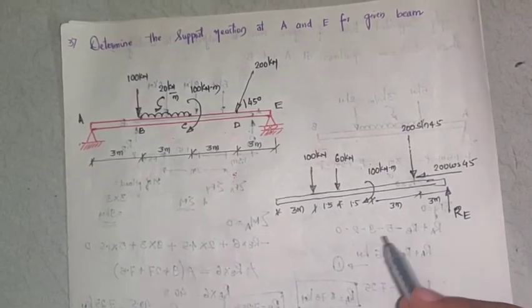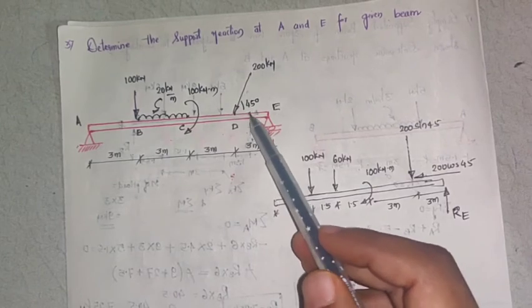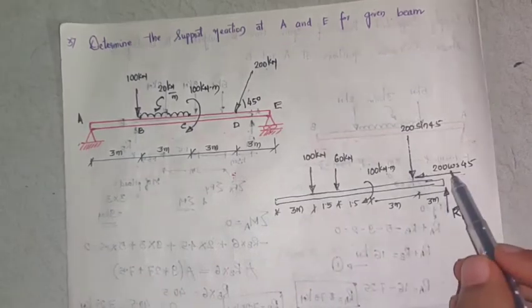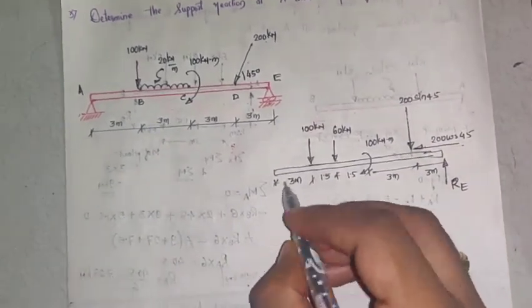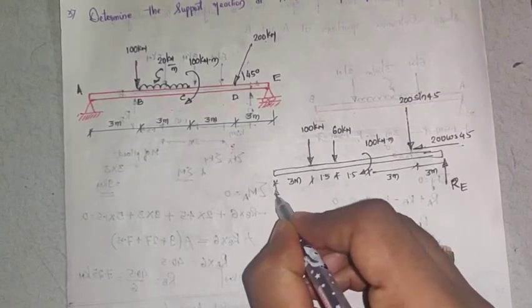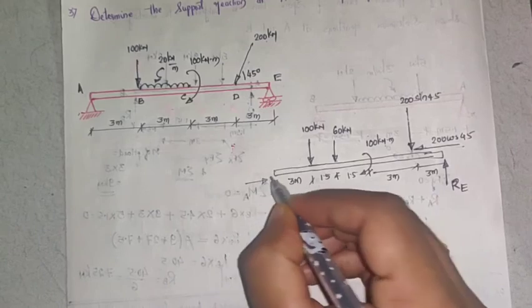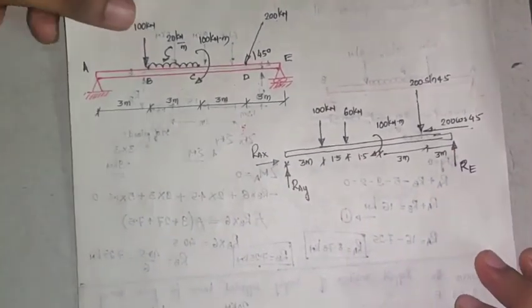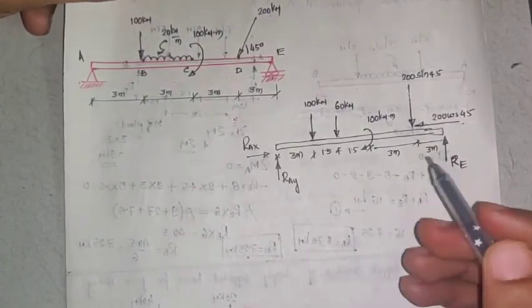Now, because of this inclined force, which is making 45 degrees with respect to the horizontal, this force will be resolved into 2 components, a horizontal component and a vertical component. For the hinge support, how many reactions will we have? We'll have 2 reactions. I'll call this reaction RAY and this reaction RAX. So these are the converted forms. Now you know how to convert UDL to point load, so I'll not stress much on that.